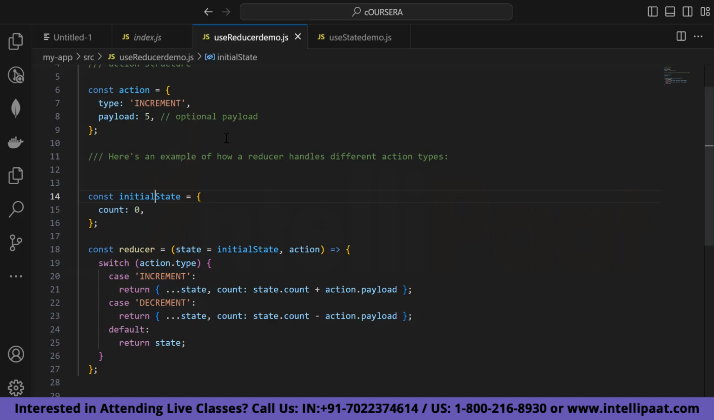Now, if I discuss the relationship with the reducer, the relationship between actions and the reducer is based on the principles of unidirectional data flow. Actions are dispatched by the components or other parts of the application to notify the reducer about the desired state change. The reducer in turn receives these actions and determines how the state should be updated based on the given action type. The reducer is a pure function that takes the current state and an action as arguments and returns a